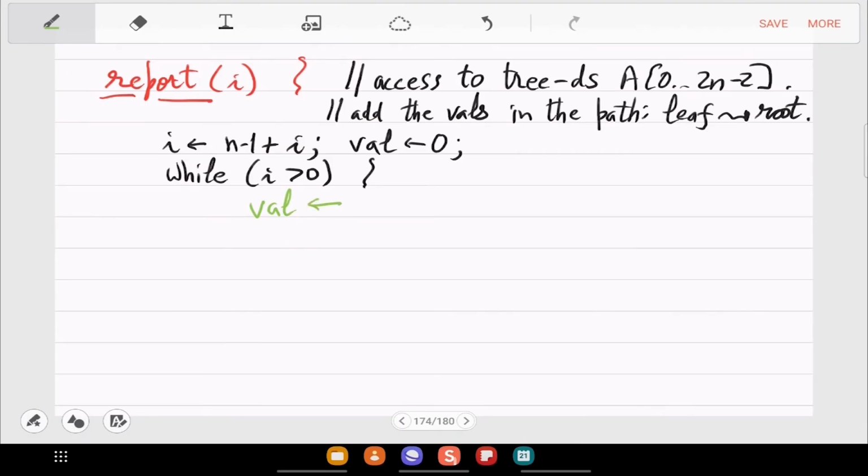Increment the value with the current internal node or leaf value ai. So these are the increments or the original value. And then you move to the parent. So this is the going up part. And you keep doing this till you reach the root, when i is equal to 0. At that point you have the correct value, so you can return it.